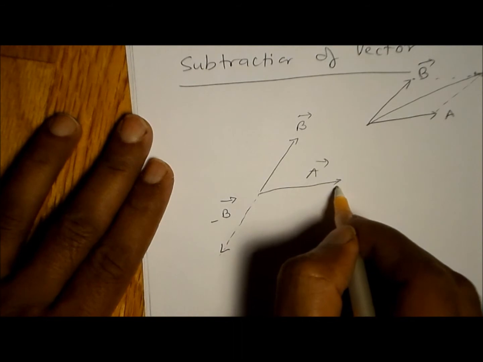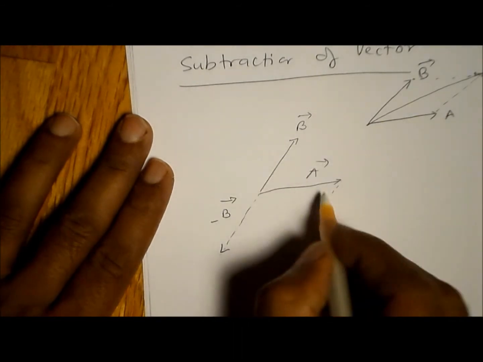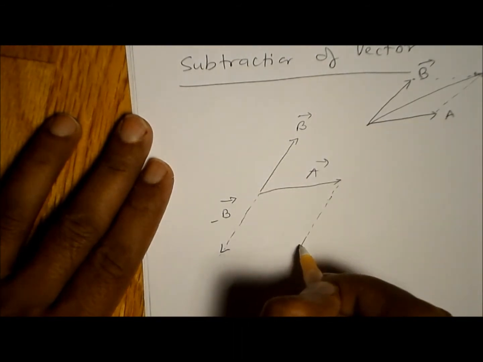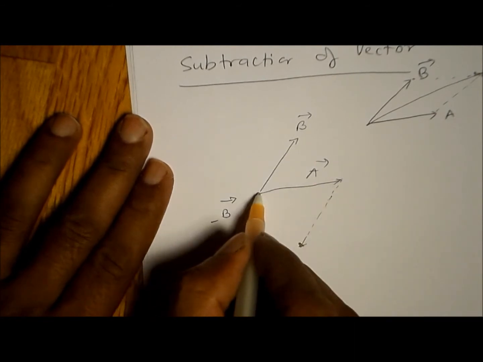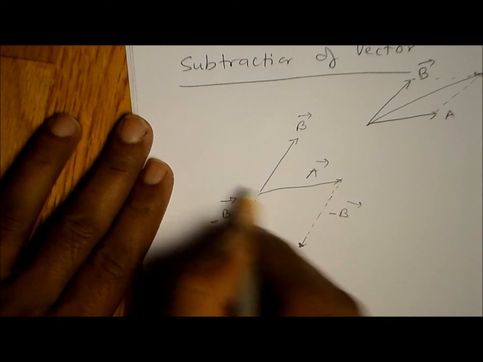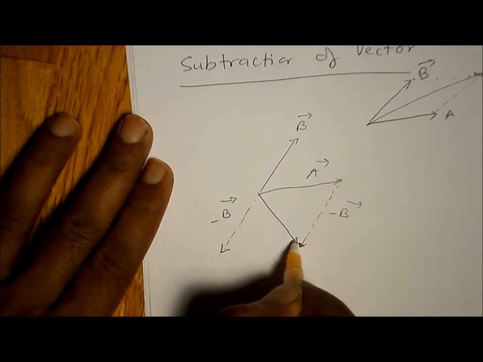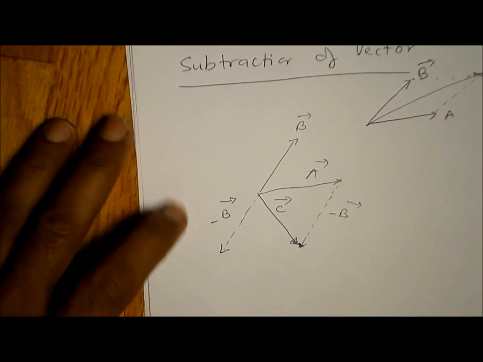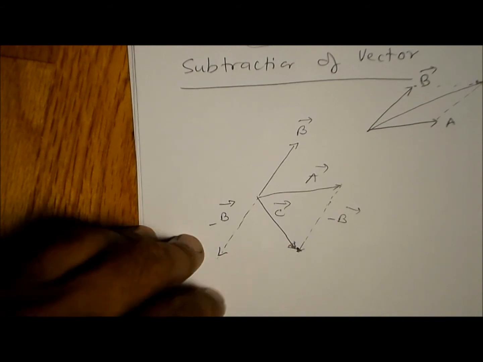The law is the same. You displace this vector so that its tail is at the tip of A, and this is minus B vector. We just add vector A and vector B, and we will get the resultant vector. Let's take an example. Let's see, we have two